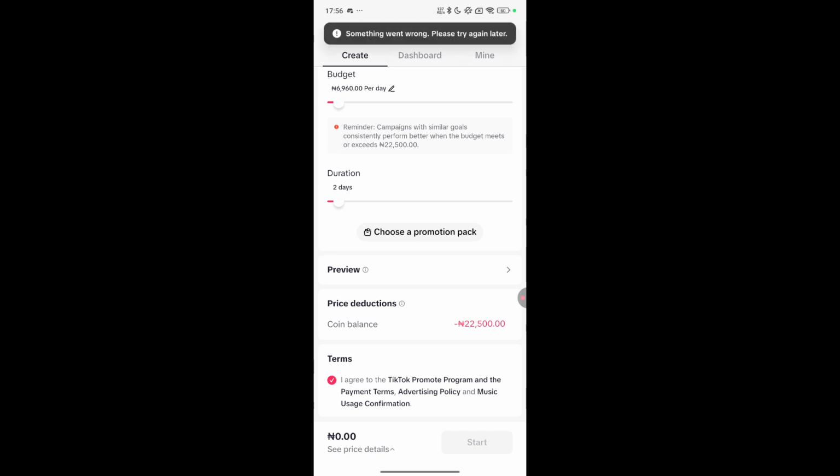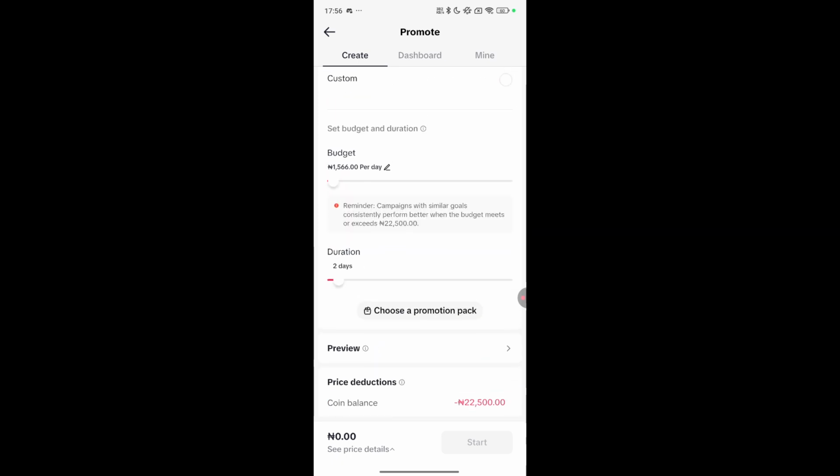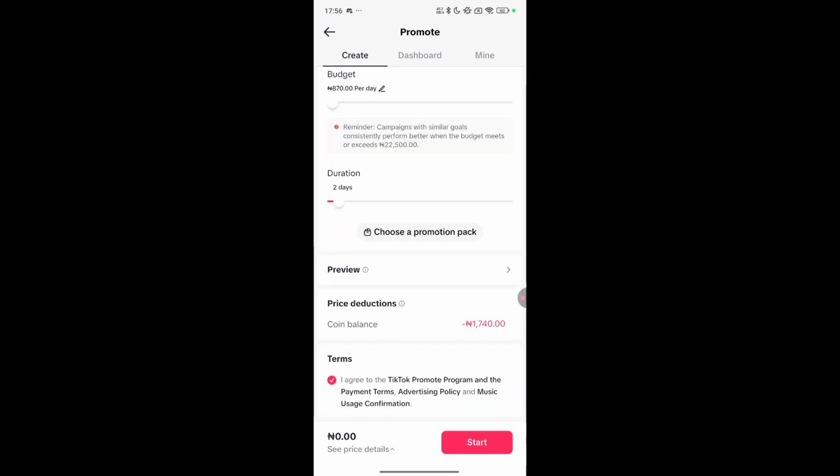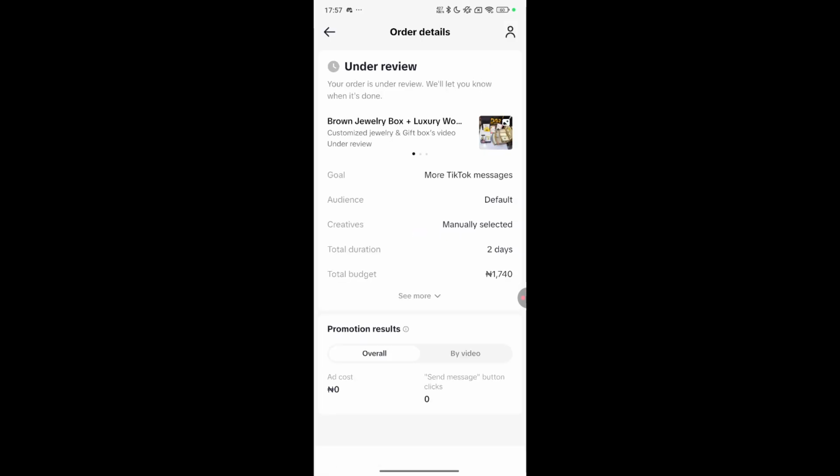So it's basically not starting because the coin left, the network is bad. It's not starting because the coin left won't be sufficient. All you have to do is to click on start. I'm not going to start this because I do not want to run this advert. Okay, I can start and stop it though. Okay, so then click on start. You see the paying. Afterwards, you see your advert has been approved. The advert will get under review and is going to be approved.